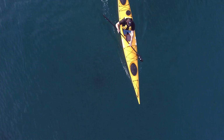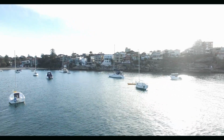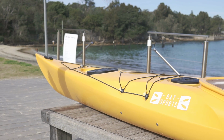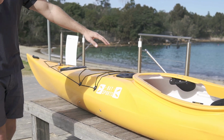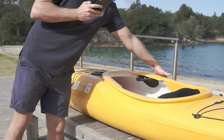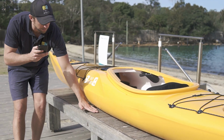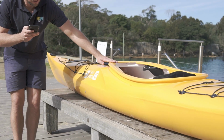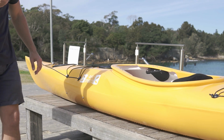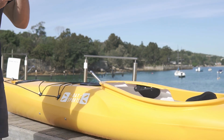This is the Expedition 3, the longest in the Bay Sports range of expedition and sea kayaks, measuring 5.25 metres long. It has a width of 58 centimetres at the widest point and has a height of 37 centimetres from the base to the highest point on the cockpit. This brand new model weighs in at 30 kilograms, which is impressive for a polyethylene kayak, thanks to the use